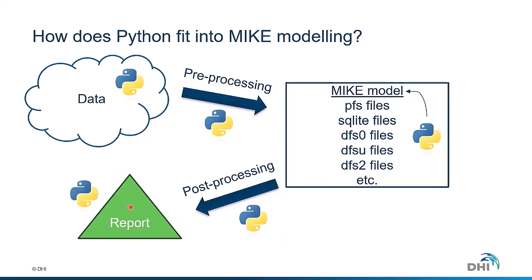And then in the reporting phase, I would say it doesn't just have to be a PDF that we deliver to people these days. It could be a web app or something like that, and you can use Python to deliver those things. And it's easier now than it has been in the past. So yeah, as you can see, it's basically all the way through. So if you start learning Python, there's many different places that you can start using it.